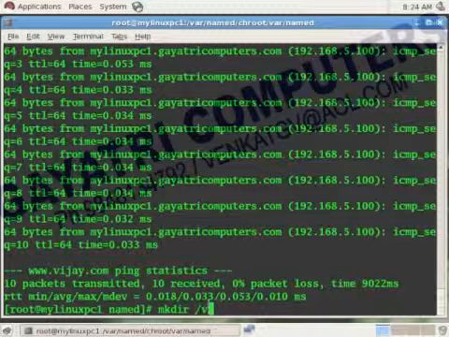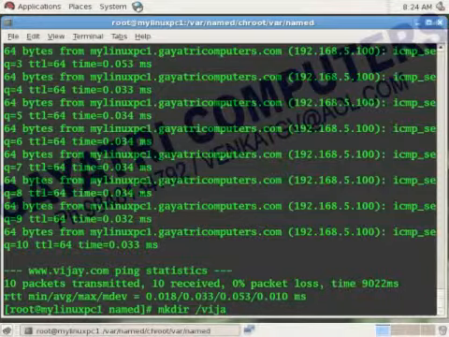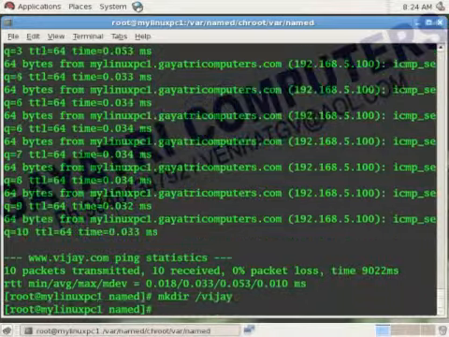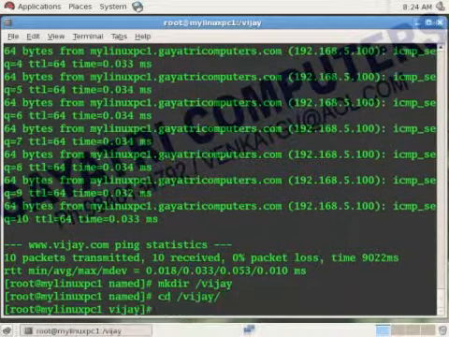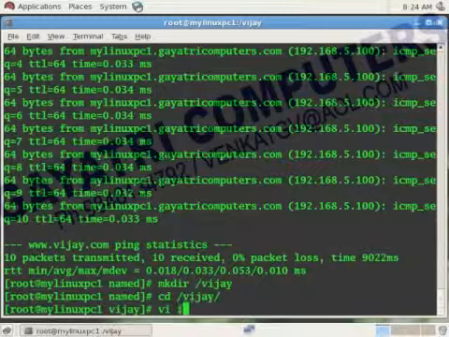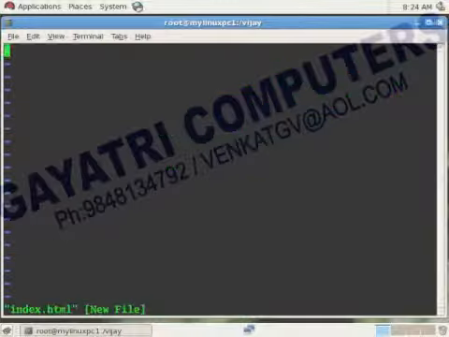The next step, mkdir: I am creating a directory called Vijay, and now I am going into the Vijay directory and creating a file with vi index.html. In Windows it is default.html, but here the default file name is index.html. You have to create it.